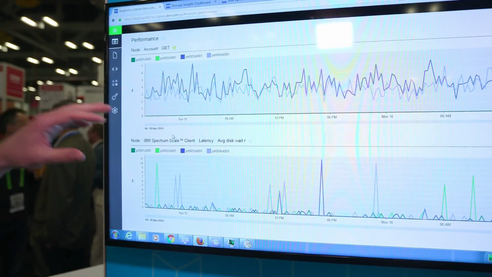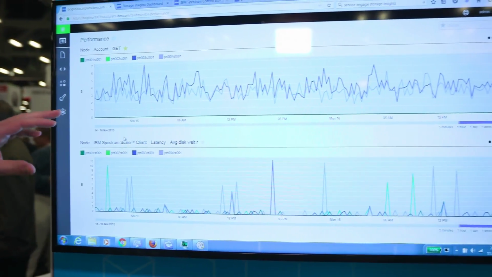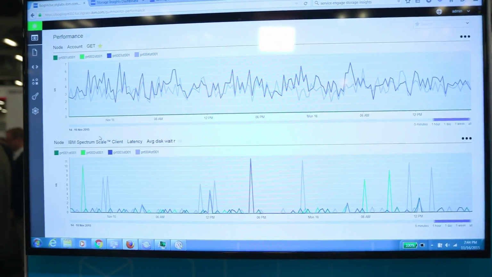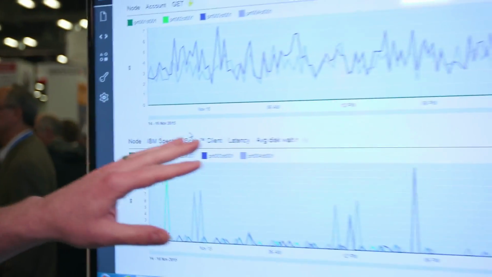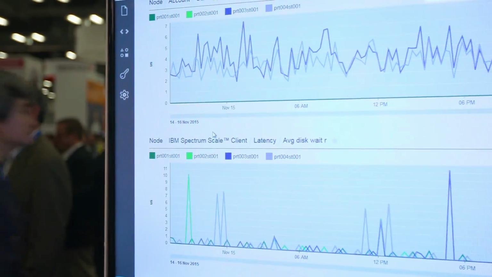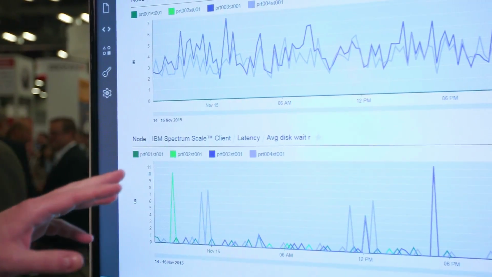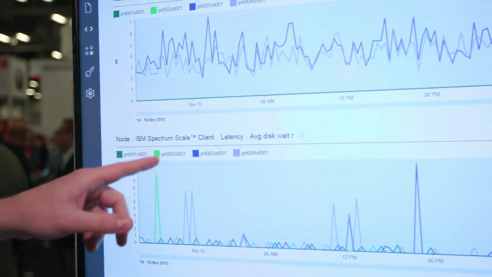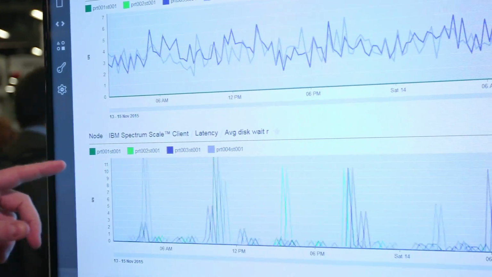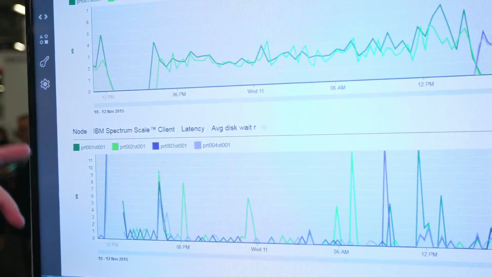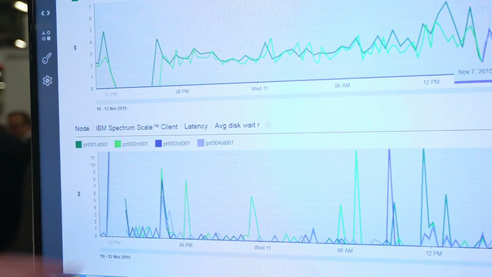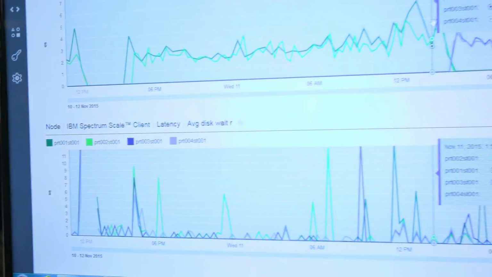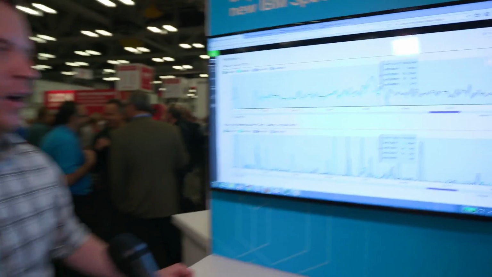Now I can get a lot further in if I want to do monitoring, some deep performance troubleshooting. Here we're running a file and object mixed workload, so I can see that I have 4 protocol nodes pushing a certain amount of GET requests across the cluster, and I can do a correlation with what we're seeing on the object level down to the client level in terms of latency. As I rewind back in time, I can see that I've actually had a swap in my workload where another 2 protocol nodes took over around 6 yesterday.